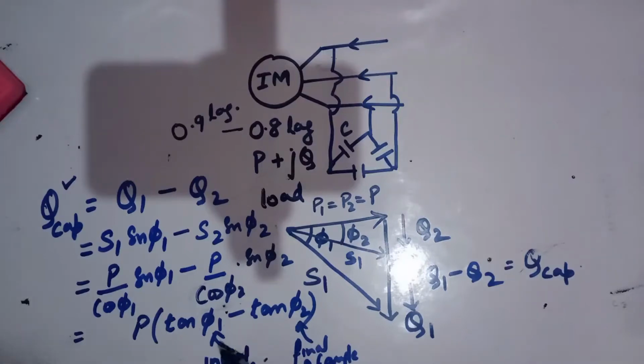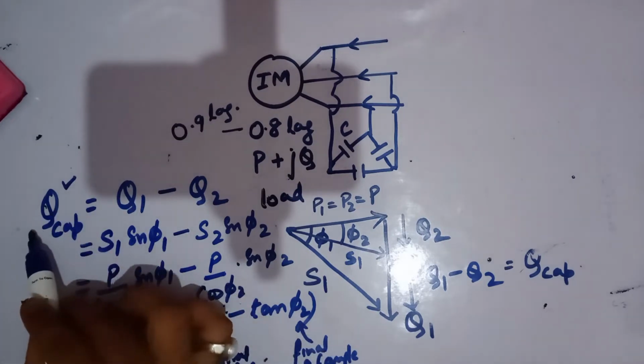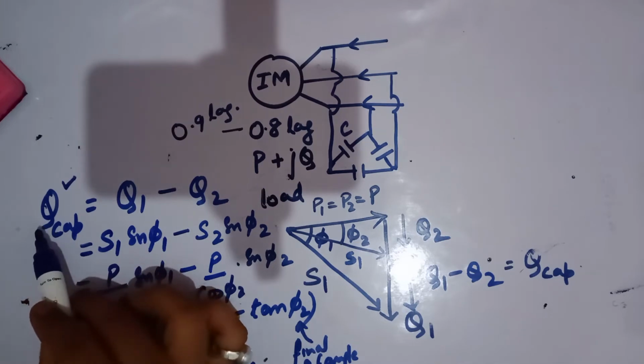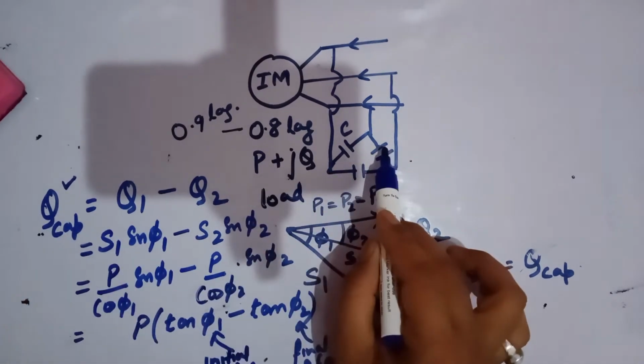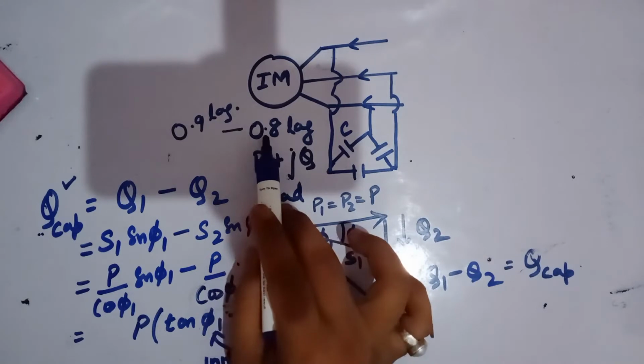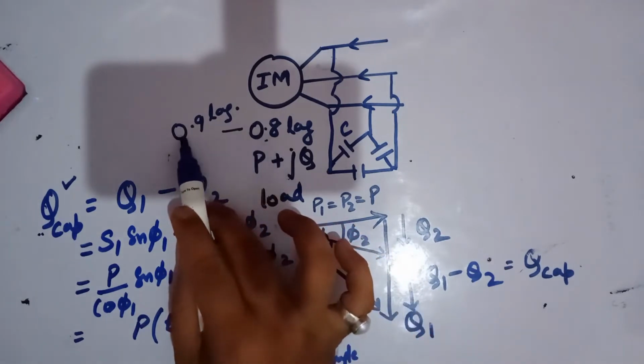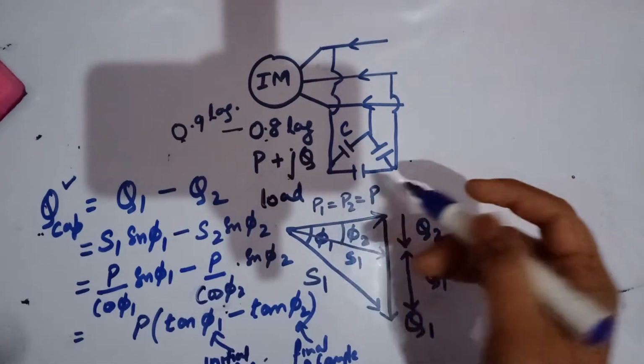So this is your initial power factor, and this is your final power factor. From here we have calculated the amount of capacitance required to improve from this power factor to this. Okay, now you can